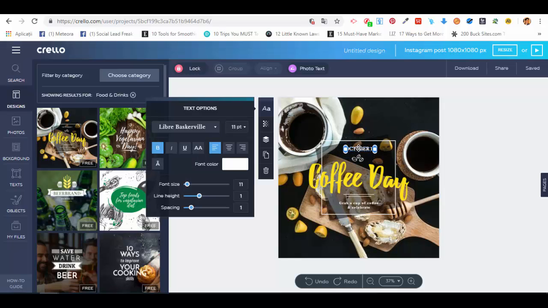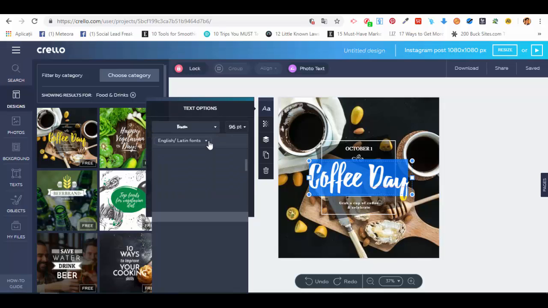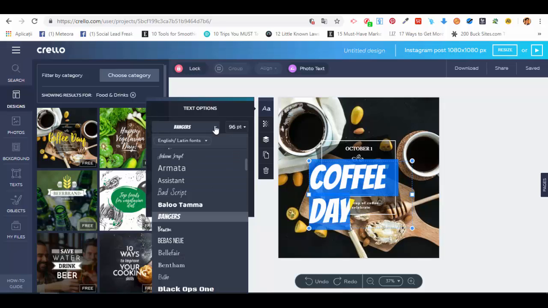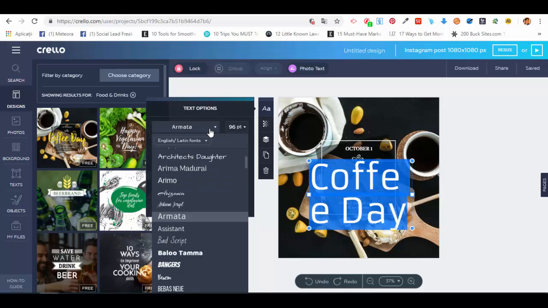So it's pretty simple to edit it. We can select coffee day, we can select the whole text, and you will see that the options for the text will open in this area here, okay? So we'll have different options for the text. For example, the main text options, we can choose a different font. We have different types of fonts here, Bangers for example, or Armata, or